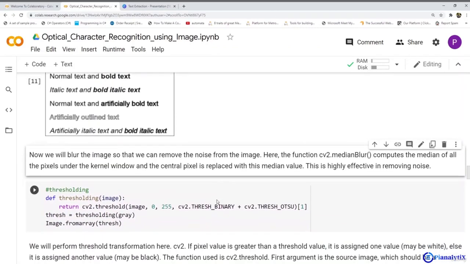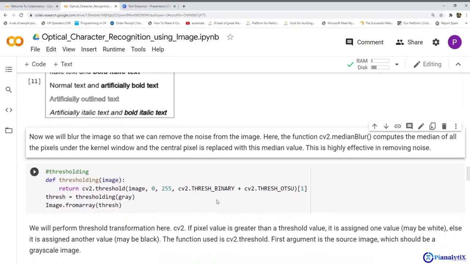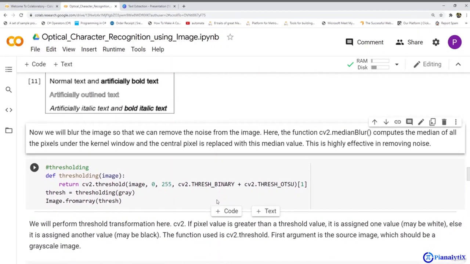The next step would be to perform the threshold transformation. If a pixel value is greater than a threshold value, it is assigned one value, maybe white, else it is assigned another value, maybe black. This function is known as cv2.threshold.